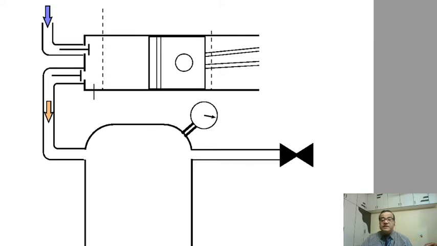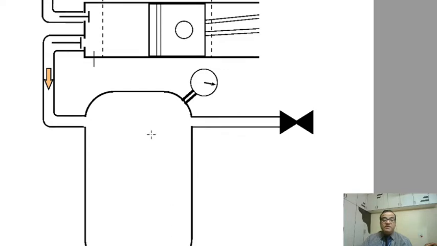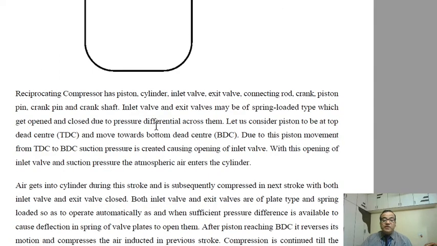Then the piston moves back to the TDC from BDC. This is the outward stroke, and the piston is driven because the prime mover is connected to the shaft. It compresses the air, and once it is compressed and moves to TDC, because of the high pressure developed, the spring valve opens and delivers the high pressure air to the storage vessel, from where it is delivered to the pipeline wherever its applications are required. So this is exactly the working principle of a reciprocating compressor.